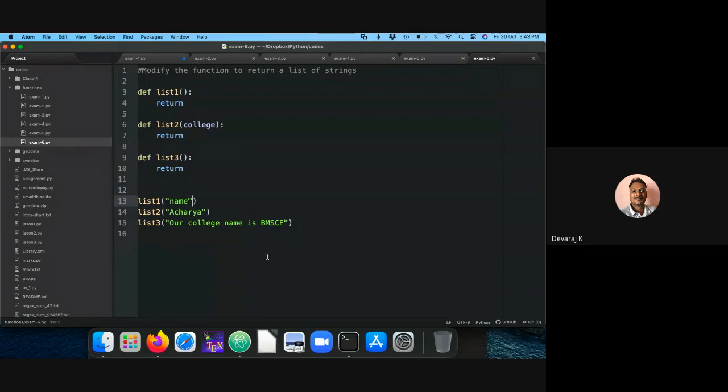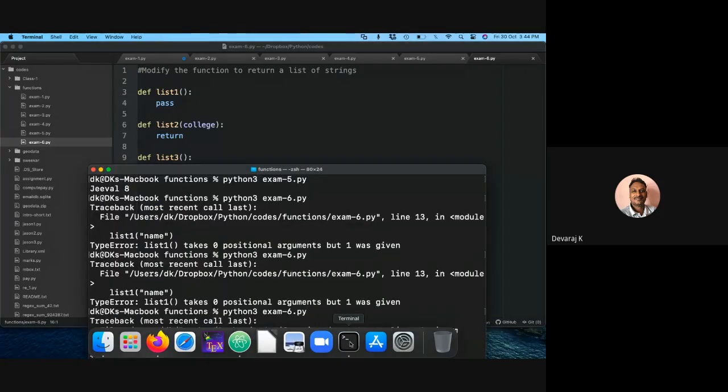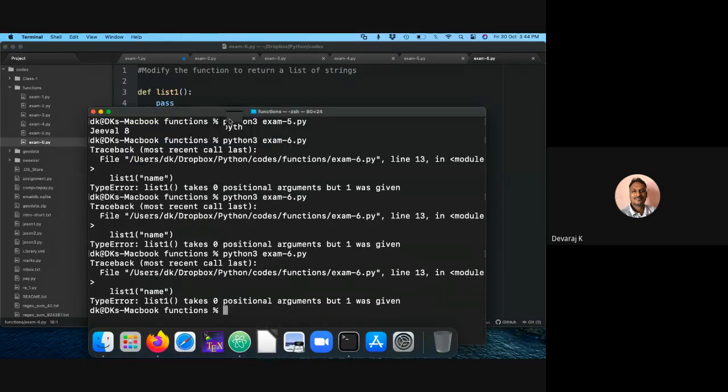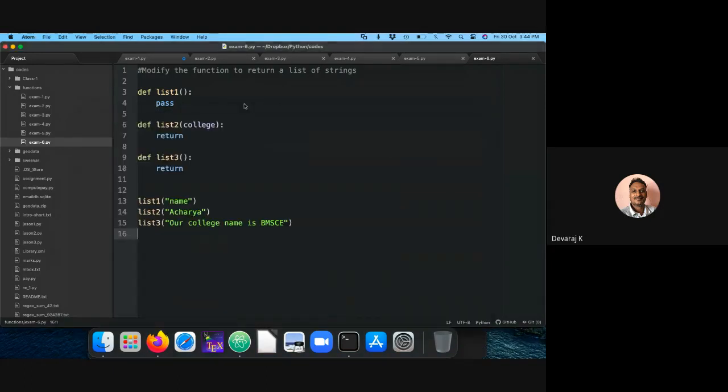List is equal to list 1. It has to return. Let me try with pass. Something is a problem in the code. I'll check this code. Let me comment this and see what's happening.